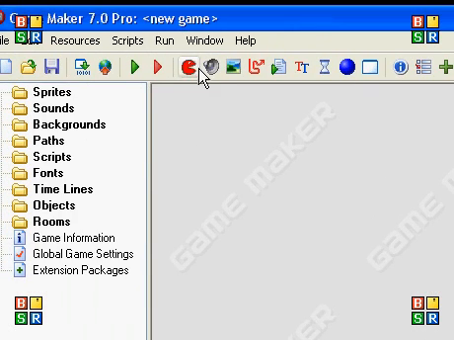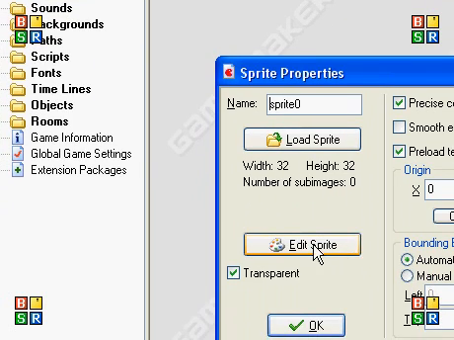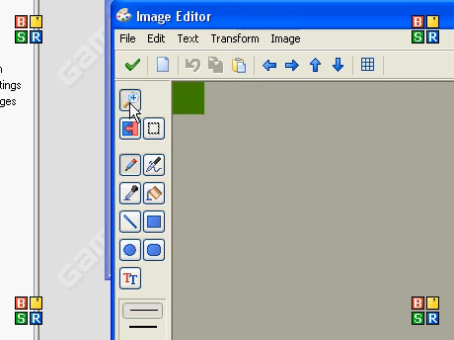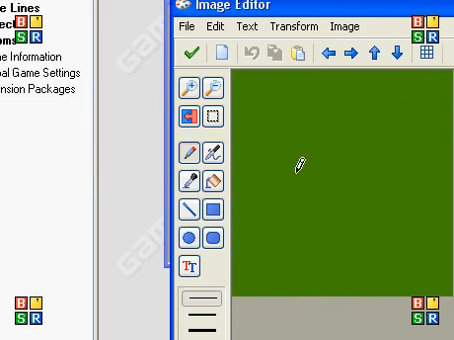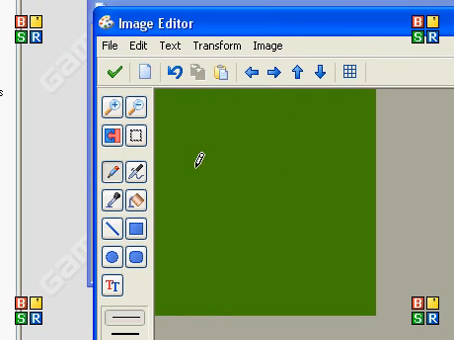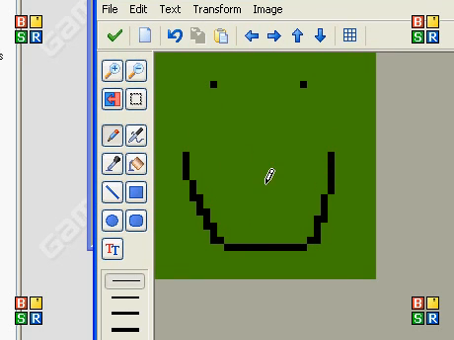Okay. First, you need to make your sprite by clicking on this little Pac-Man here. Then edit. Double click on this thing. Then you want to zoom in and make your little sprite guy. You can use the little tools here, but for now we'll just use the pencil and draw a nice little face here. We just need something, so that's fine. Okay. Click the check,